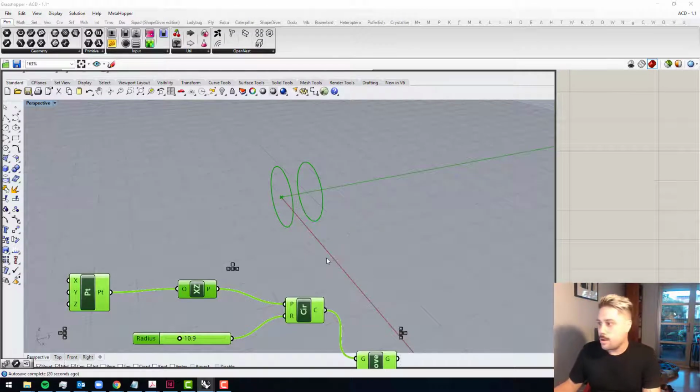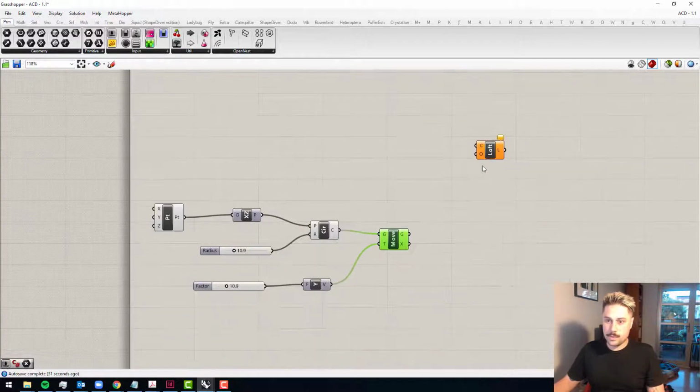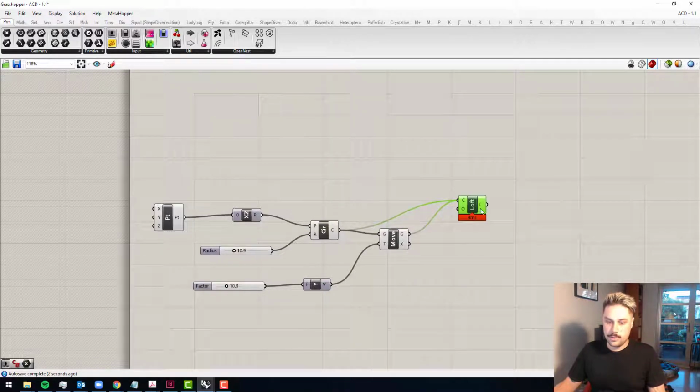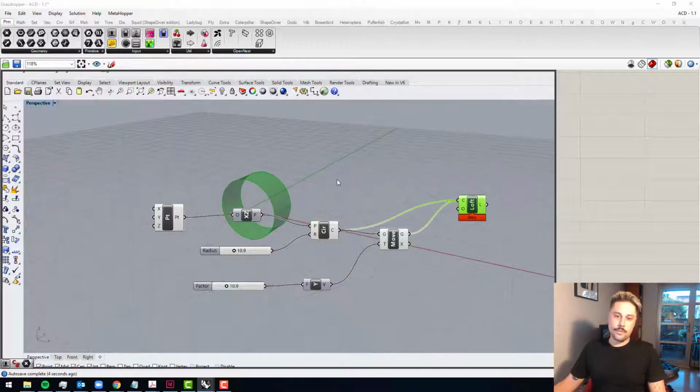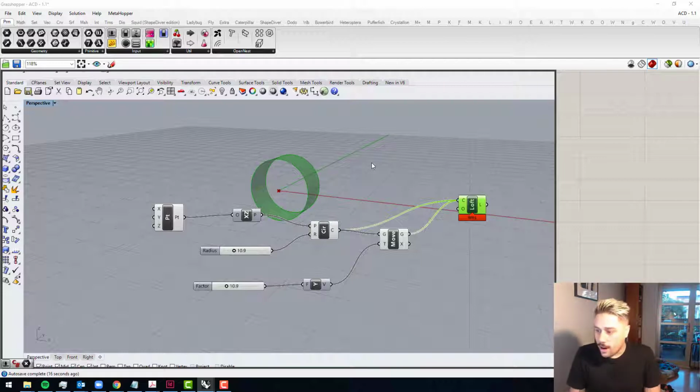So what do we have to do now? Okay, what we could do is loft between this curve and this curve, and make sure, yeah, that should be fine. And we've made a ring. We're finished, guys. Class dismissed. We made a very, very basic ring, but obviously we're going to extend it a little